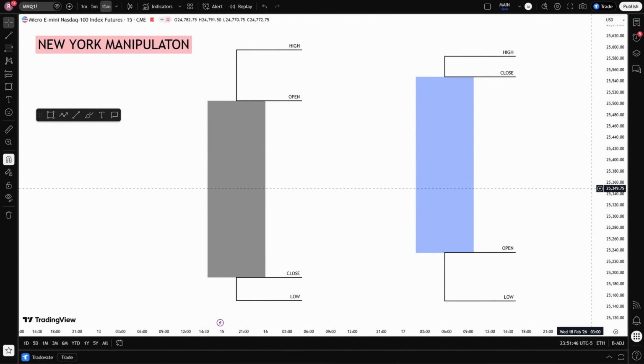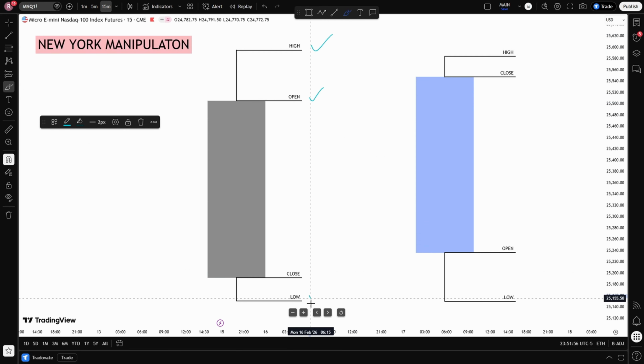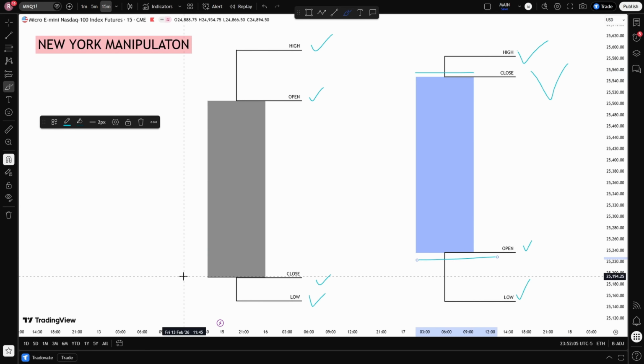So what does a New York Manipulation Daily Profile actually look like? Essentially, it forms in a very simple structure. It will either be an open, push to a high, then a low, and close, or an open, push to a low, then a high, and close. In other words, price will expand in one direction first, take liquidity, and then reverse